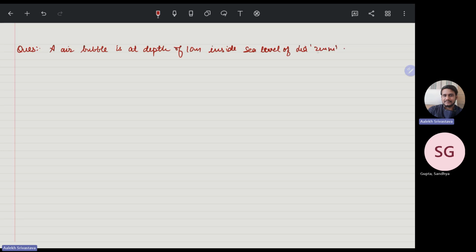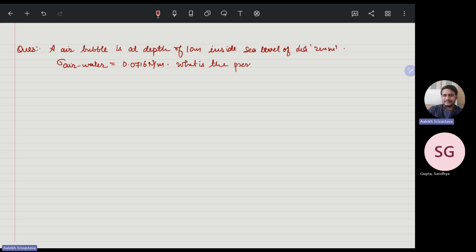So basically the diameter of the air bubble is 2 mm. The surface tension between air and water is, so as we know, surface tension is a binary property, 0.0716 Newton per meter, and you need to find